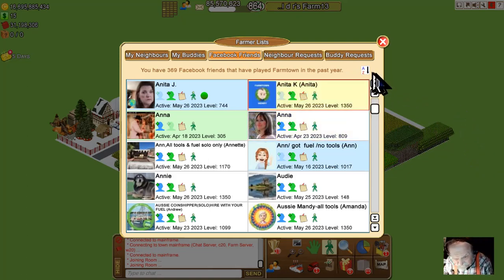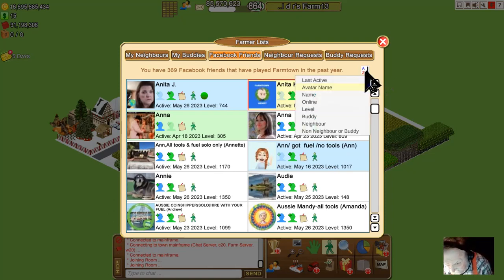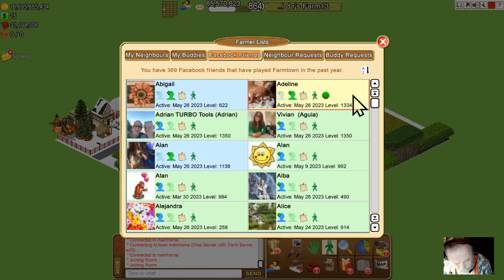Another sort order is that you can set them according to their name. Again, that's going to do the same thing. So alphabetically, they're up like that. This is by the name, not the avatar. Then we can go with